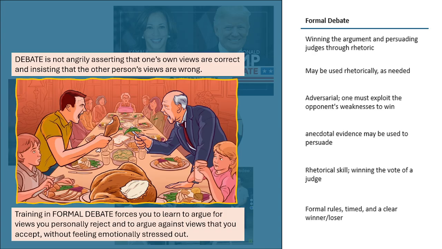And sometimes you're put in a position where you have to actively argue against the view that you really accept in real life. This gives you a training in distancing yourself from claims and arguments and thinking about those things in a detached way. And so if you're from a family where there's a lot of yelling about politics, it might seem like there's a debate going on there, but if it's just somebody yelling what their view is, and the other person is wrong, and they're just doing that back and forth, that doesn't have enough structure to really even be a debate. It's kind of just a fight, and that's something that I hope you'll want to avoid. Okay, so